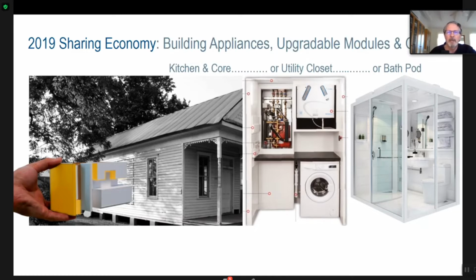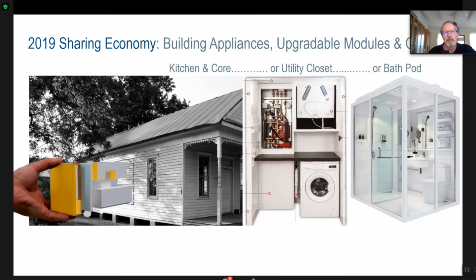You could think of a bathroom pod in the same way, and think of someone who maybe lives in the same place for 20 years, and they've just finished college, and initially they just want a small, efficient bathroom with a shower. And then they get married, and maybe they want to have the toilet area separated, and they want to have two sinks. Well, that's an upgrade to a new module. And then they have kids, and they decide the shower doesn't work. They want to add a bathtub so they can give a baby a bath in the bathtub. And then they get older, and they're going to retire in the same place eventually, and they want grab bars and handicapped accessibility in the bathroom.